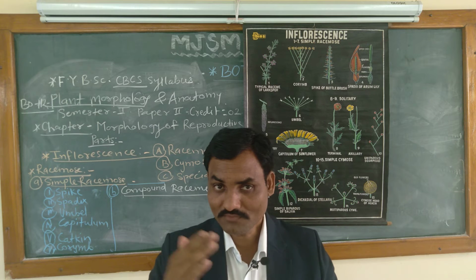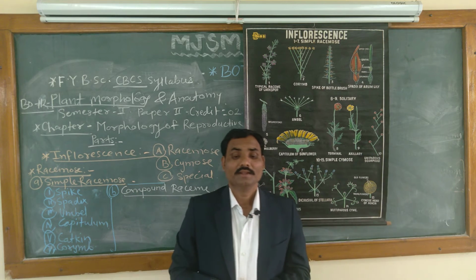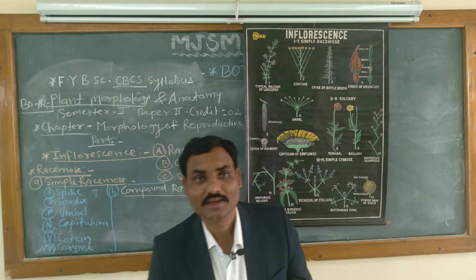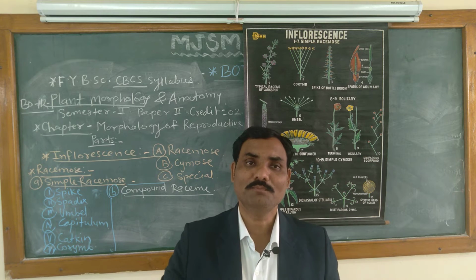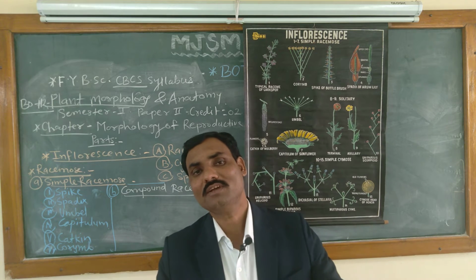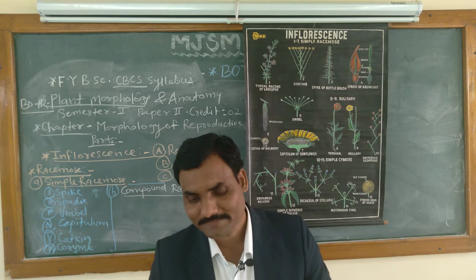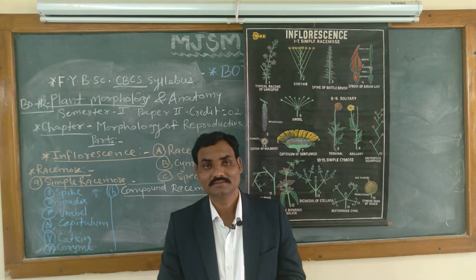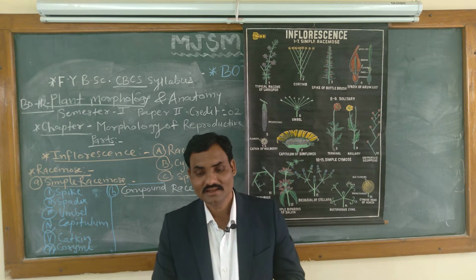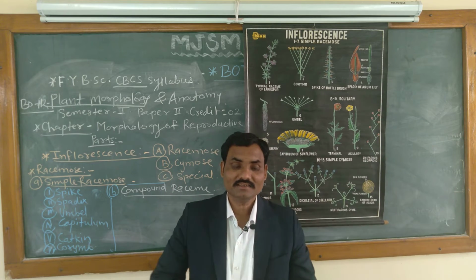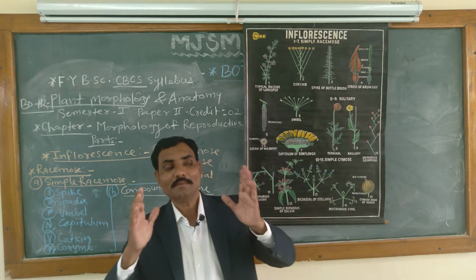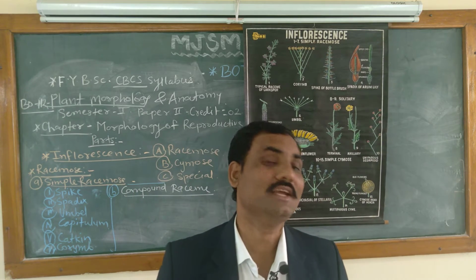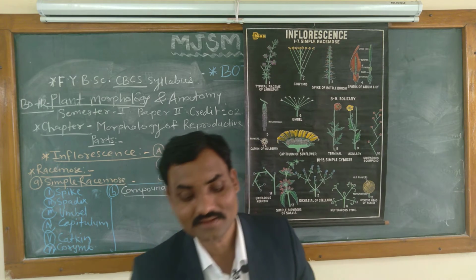Then the flowers are produced singly or in a cluster. Sometimes it is produced singly or sometimes in a cluster. Cluster means a group of flowers. Then they are produced at the apical region, or sometimes in the axillary region, or that is also known as the intercalary region or position, and in some plants they are produced in an extra-axillary position. कधी कधी आपल्याला त्या एक्स्ट्रा एक्सिलरी पोझिशनला पण फ्लावर्स आढळतात.